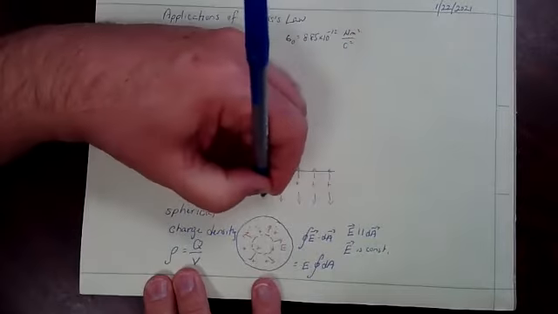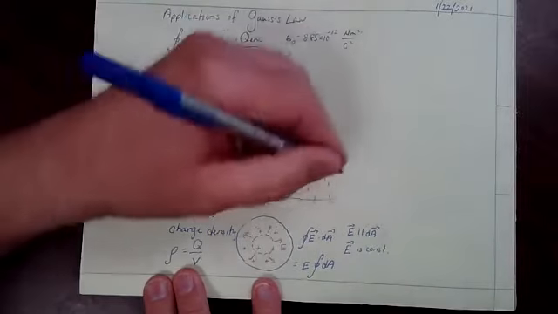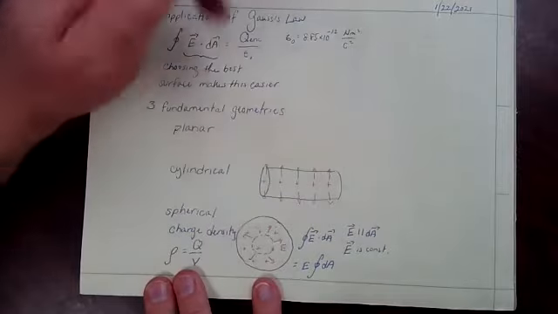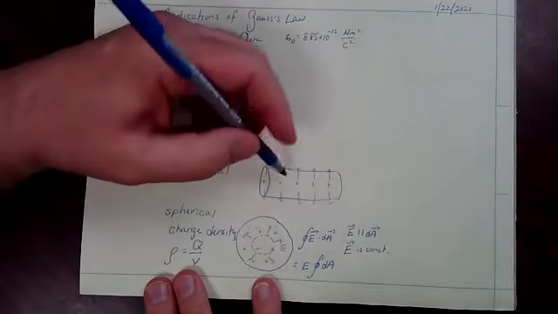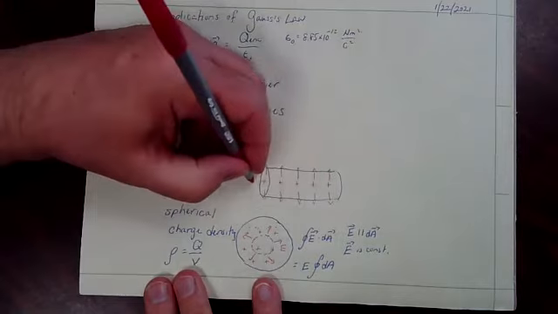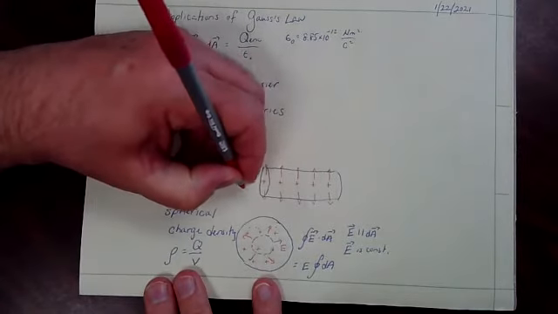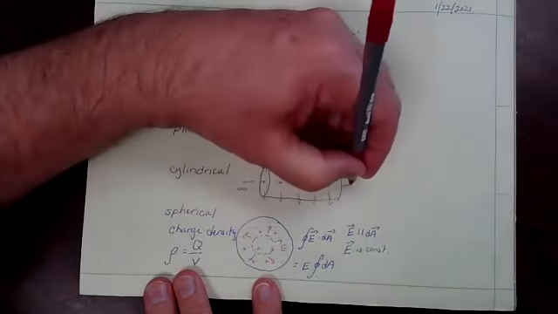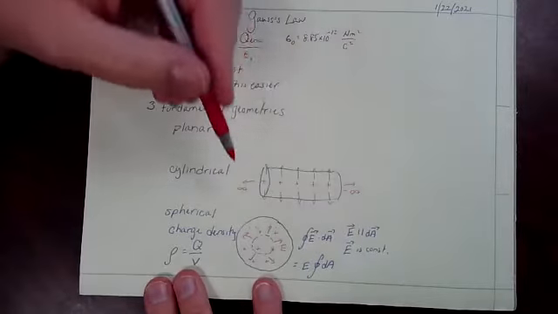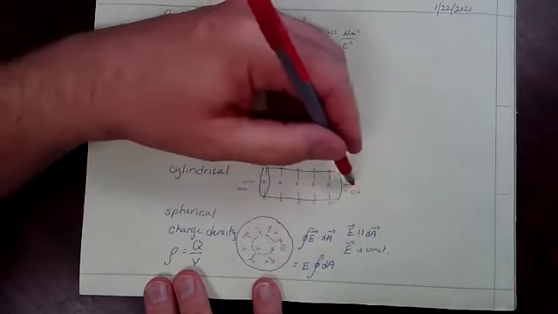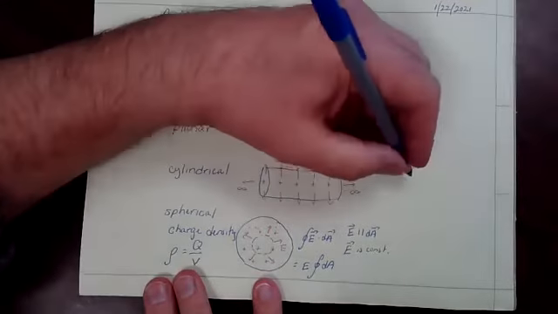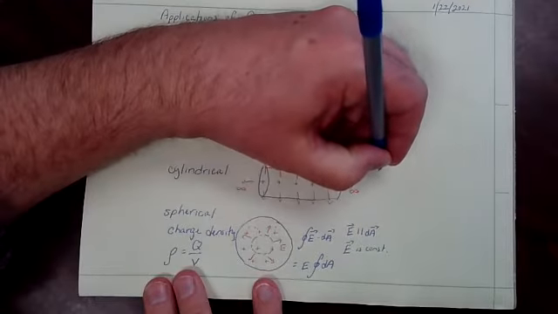When you're doing the area of a cylinder, you have the area of the side, and then you have the area of the ends. But you can see if this is infinitely long, if this charge density just keeps on going out towards infinity, then when we do the integral of E dot dA,